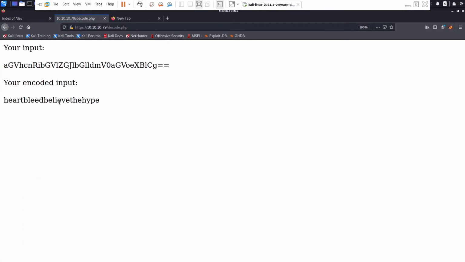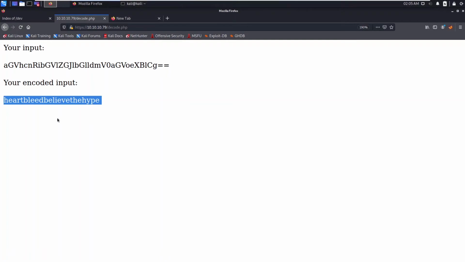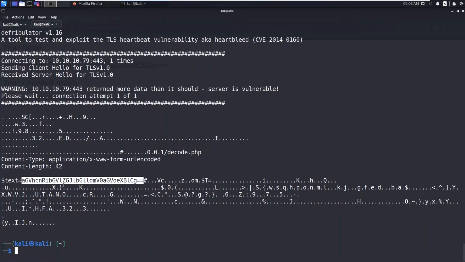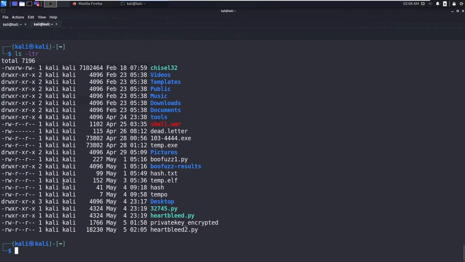So this is the passphrase that the private key has been encrypted with. So you can try ls -ltr, we have the private key encrypted. So you can use openssl rsa, input, private key, and output, private key decrypted.